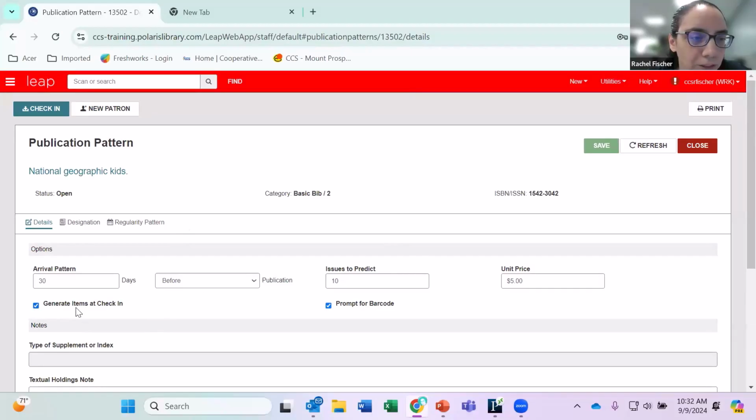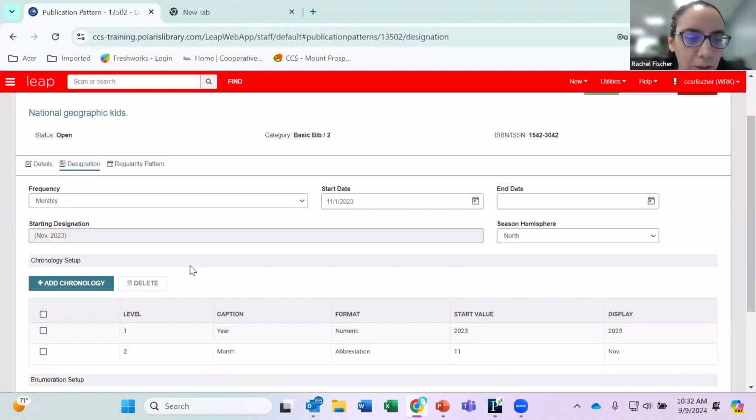And you'll want to make sure the generate items at check-in and prompt for barcode checkboxes are checked. Using a unit price in the serial holdings records is a good idea to make sure that the patrons aren't charged too much when they lose something or damage something. You can set up the number of issues to predict. So on the Destination tab,